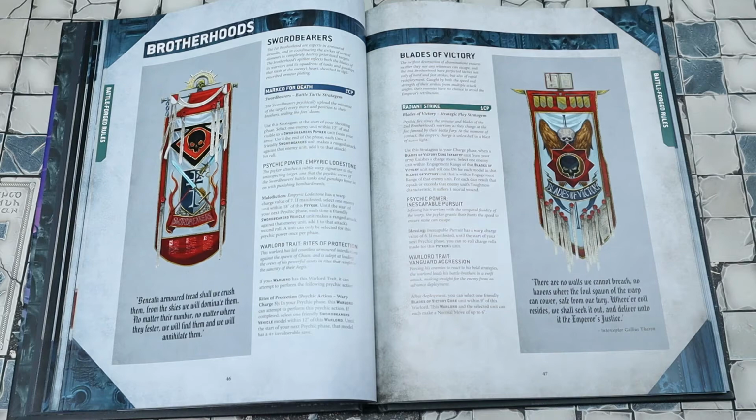Blades of Victory. The swiftest destruction of abomination ensures neither they nor any witnesses can escape, and the Second Brotherhood have perfected tactics not only of hard and fast strikes, but also of rapid redeployment. Caught by both the speed and strength of their strikes from multiple attack angles, their enemies have no chance to